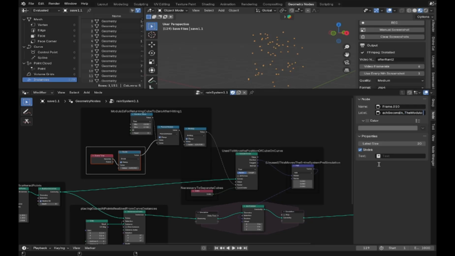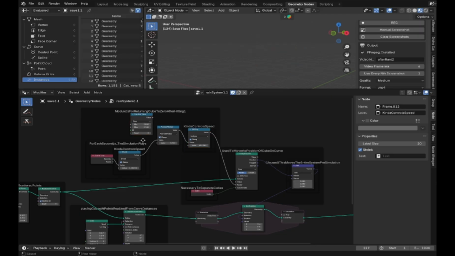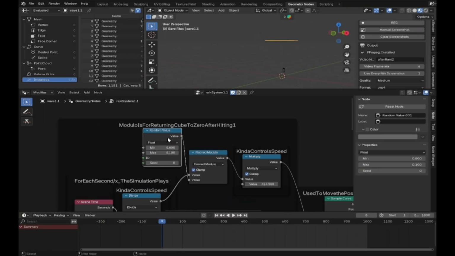And throughout the video, there will also be me putting together sort of an explanation and reworking the system. I'm kind of curious to see how this will work. I think this is actually going to be more helpful for people that want to learn geometry nodes in a